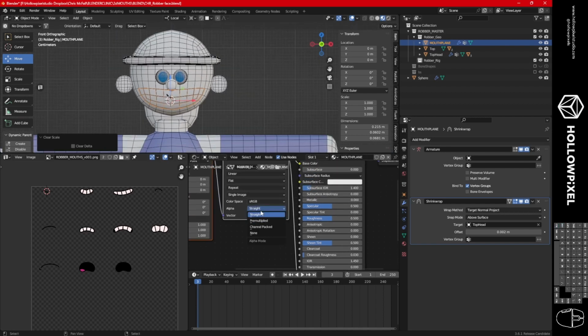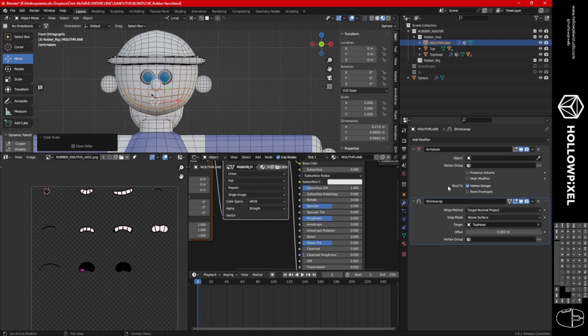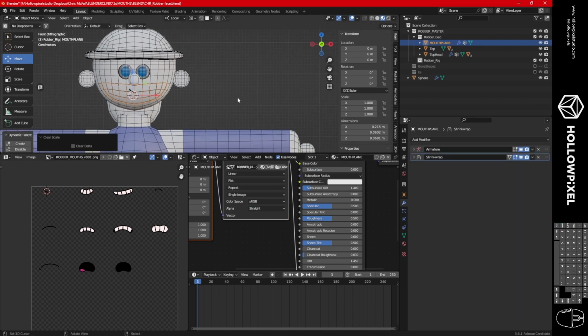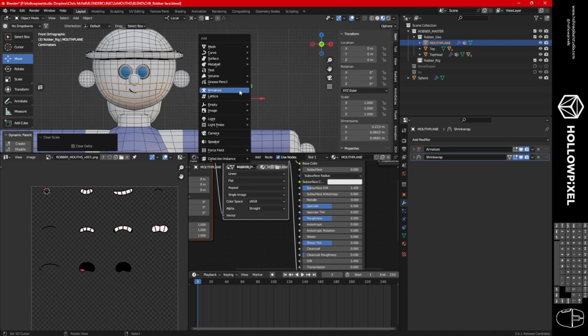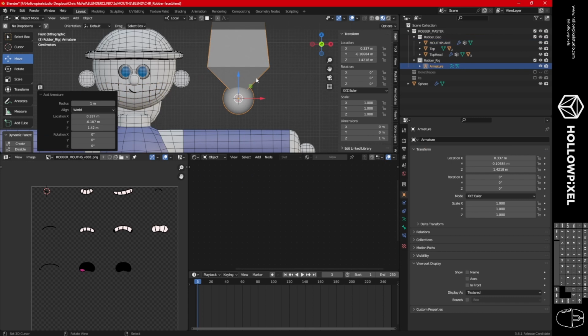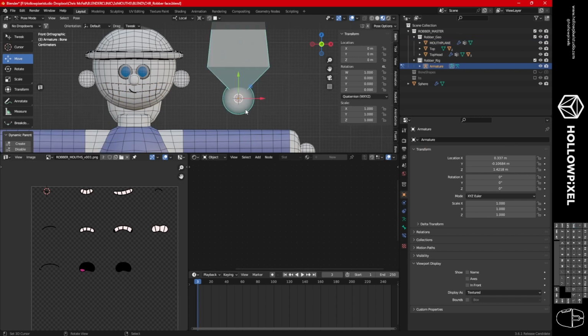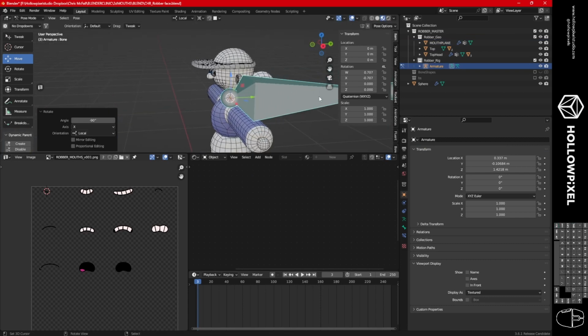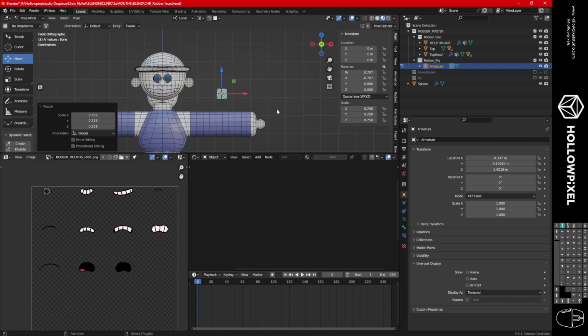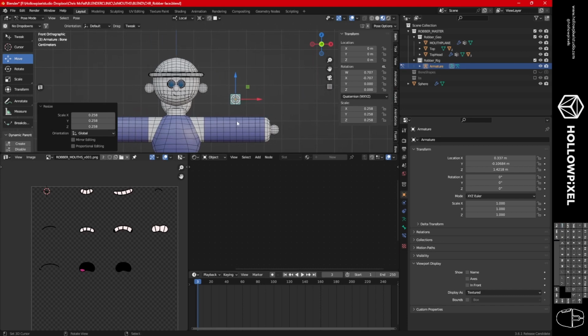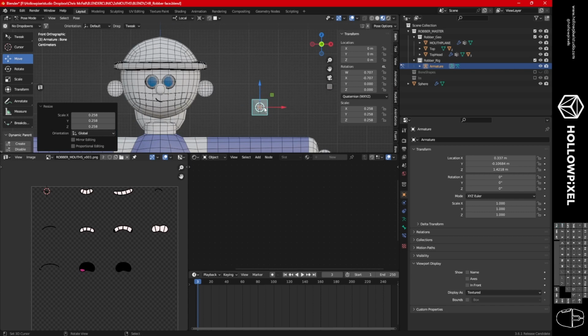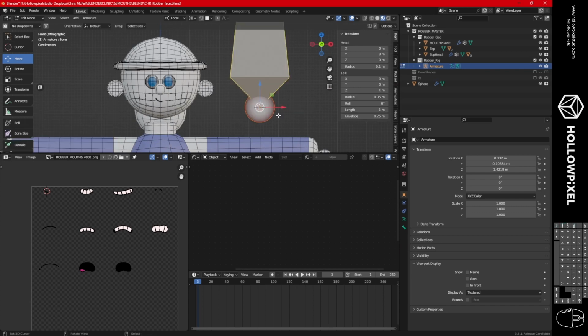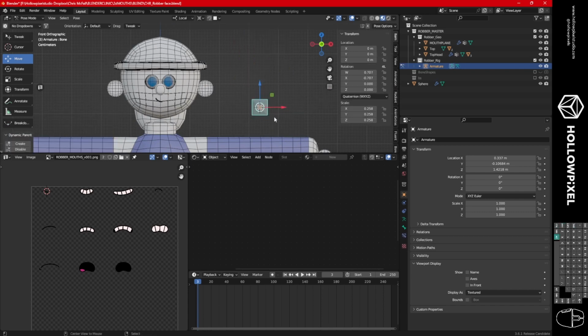Now, with that said, this is the tricky bit, and I hate this bit. It's not easy to do. It's fiddly as hell, but it is necessary. So I'm going to add an armature, and I'm going to rotate that on the X minus 90 so that it's facing the world origins. And this is vital, this is really important. The bone orientation and how these two bones relate to one another is everything about how it works. And I've just done that in pose mode like an idiot, so I'm going to